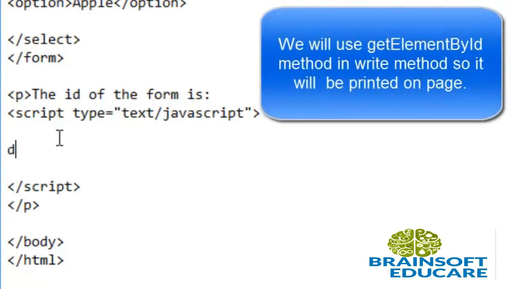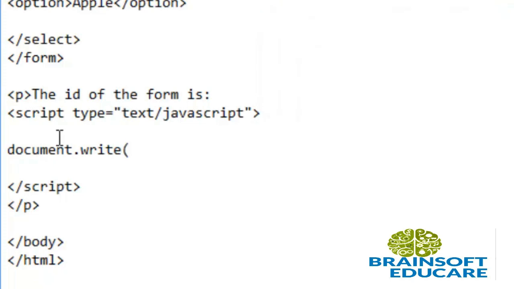So let's write first document dot write method to display a text. In document.write method, I have to pass string. So I am writing document.getElementById. I am passing ID of dropdown